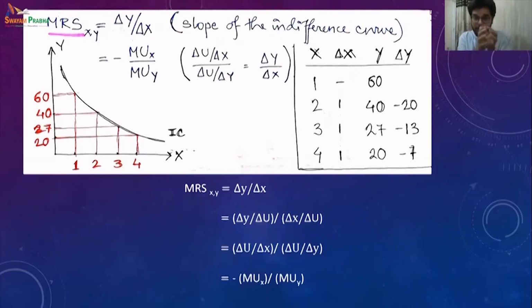Now if I do not have a good stock of Y, I do not want to give a lot of Y, since I am now having enough of X. To get one extra unit of X, I do not want to sacrifice a larger unit of Y. Just taking an example: you have enough dal, pulses, and little rice. So to get more rice, you will say, okay, you take pulses, I have enough. You take pulses and give me 2 bags. So you now have 1 bag of rice and 60 kg of pulses.